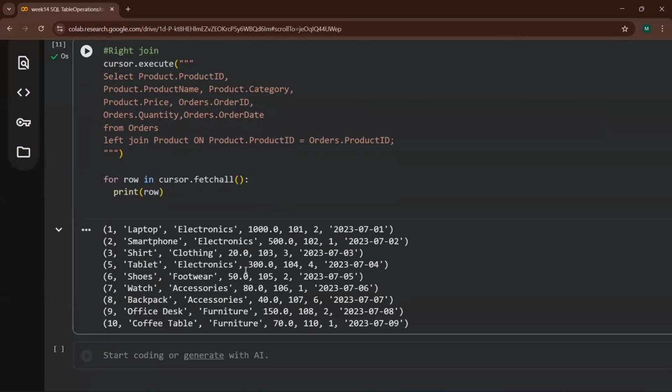Here, if you will see, you are not at all getting the fourth part because it is not the part of the left table this time. This time my left table is orders, and in orders the fourth value is not there. The jeans row is not at all present. It's not coming. Here is how you can perform right join with the help of left join only.